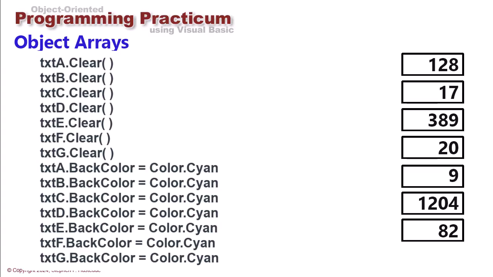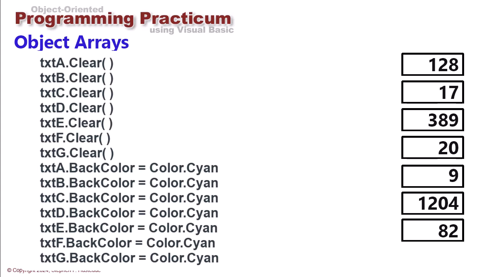I find object arrays to be really helpful in reducing my code in a lot of cases. Let's consider we have a form that has 7 different text boxes, and I want to have a button that would maybe clear all 7 of those text boxes and set the color maybe to cyan. And I have a button that would have basically 14 statements to do that, setting